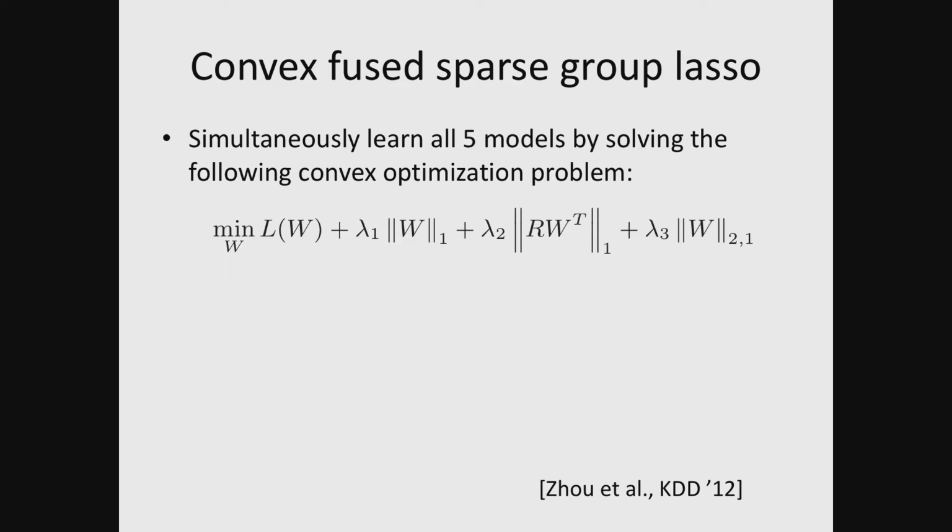That's the same thing. The first term in the optimization problem, lambda 1 times the L1 norm of W, is simply saying it's exactly like the sparsity penalty that we typically see when we're doing regression. So it's simply saying that we're going to encourage the weights across all of the tasks to be as small as possible. And because it's an L1 penalty, it has the effect of actually trying to encourage sparsity. So it's going to push things to 0 wherever possible. The second term in this optimization problem, this lambda 2 RW squared,